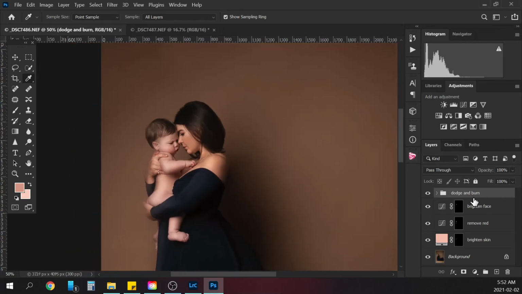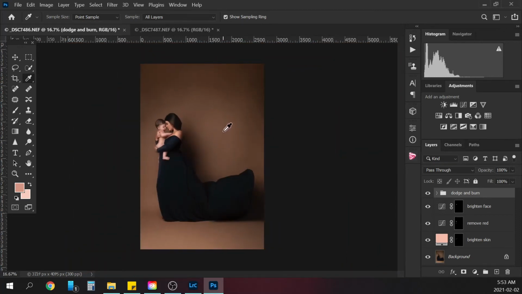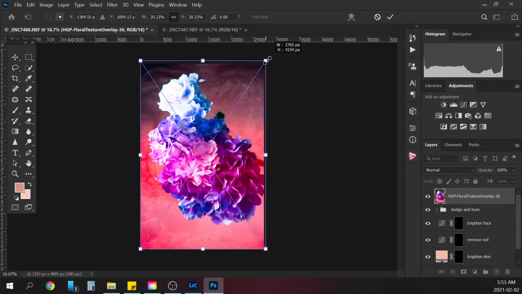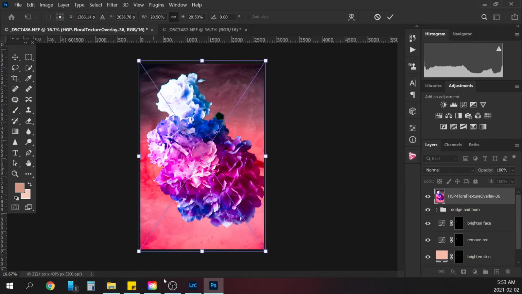And so the very last thing that I need to do for this one is put in the flower background. So I'm kind of recreating a picture I've already done when she was pregnant with this little dude. So I have the flower that I used up, and I'm just going to pull it over. I believe it was this one. So this is from my floral texture overlays, and it's very bright when you first drop it in, but once we play around with everything, it'll tone down quite a bit. So we'll hit enter,